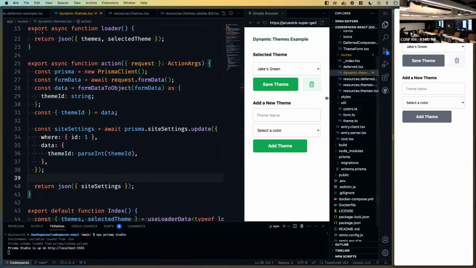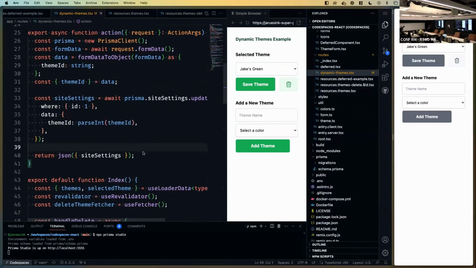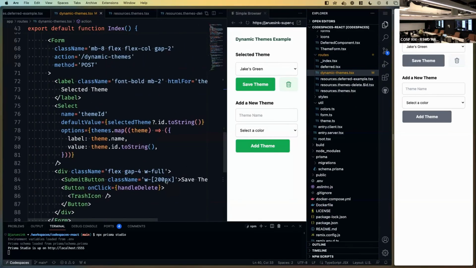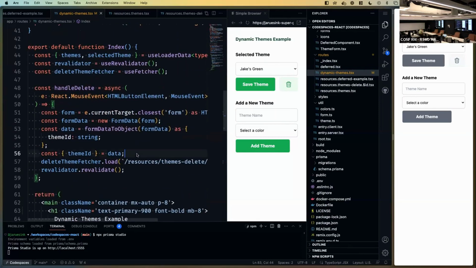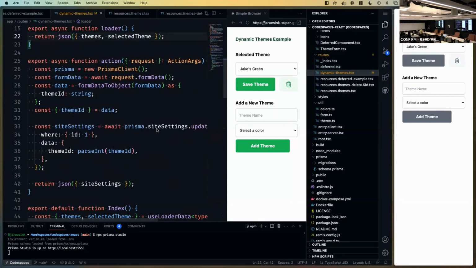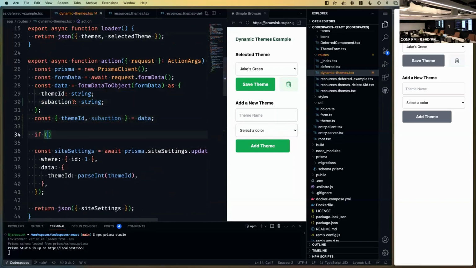So in theory, instead of having my resource route to delete the theme, I could set up a sub action in my form, and then on delete, I could check if sub action is delete, and I could do